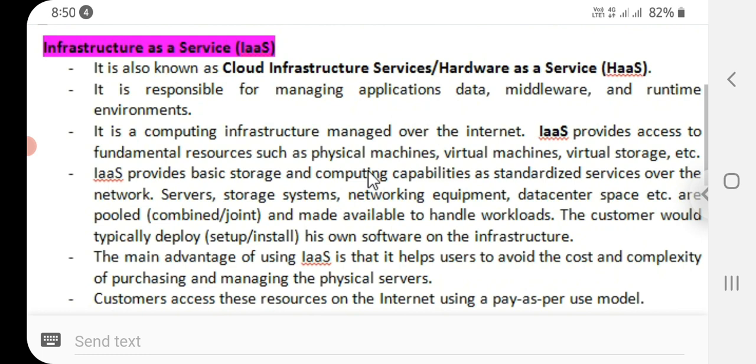The main advantage of using infrastructure as a service is that it helps users avoid the cost and complexity of purchasing and managing the physical servers. Customers access these resources on the internet using a pay as per use model.